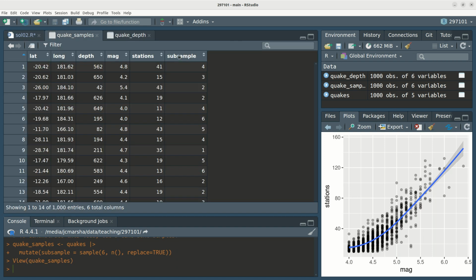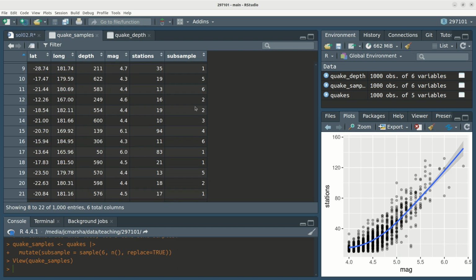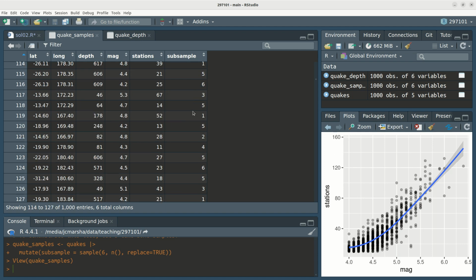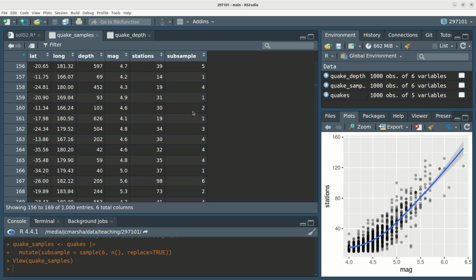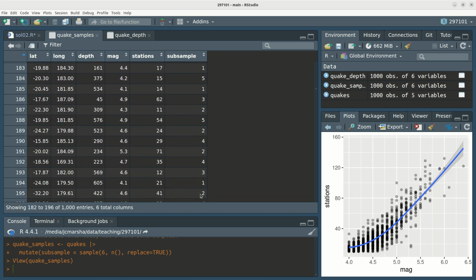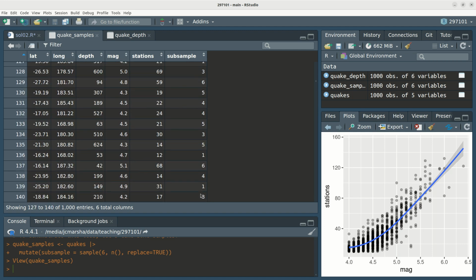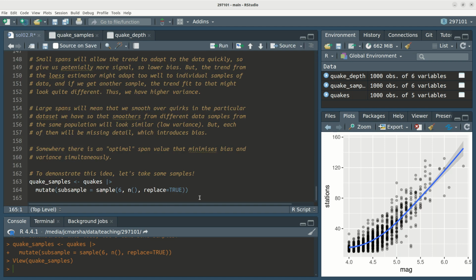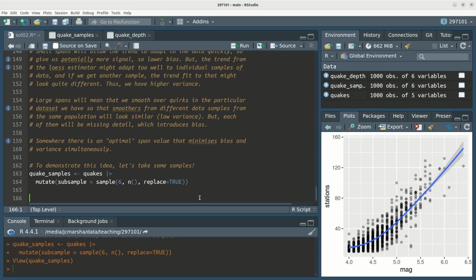So if I have a look at that just to see what it is, I've got this new column called subsample, and it just takes a random number from 1 to 6. So it's like I've thrown a dice for each row, and therefore I've categorized each earthquake at random into 6 categories. Essentially I've divided my data of 1,000 rows into 6 different data sets of fewer rows. I guess on average there's going to be about 160 or 170 rows in each one, right? And so now I could take my sample and